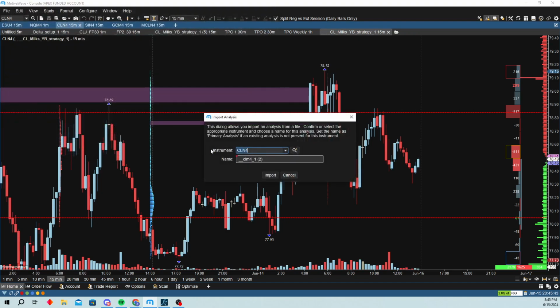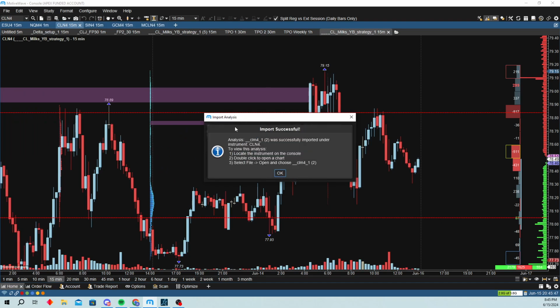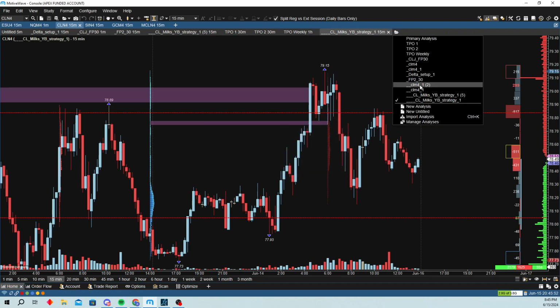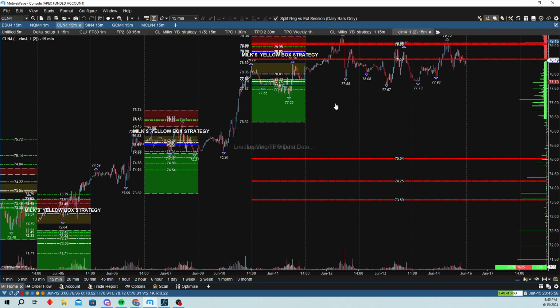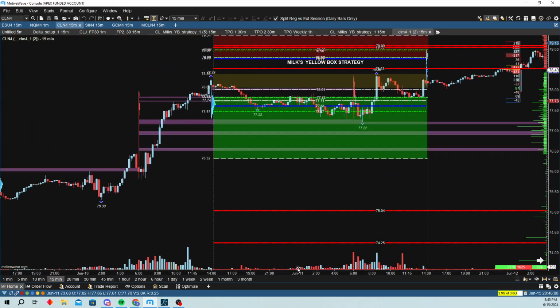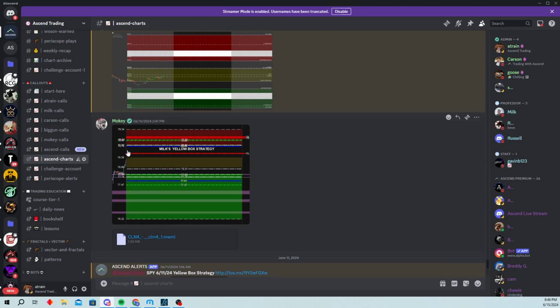It's going to have the name where you're importing it to, which is going to be CLN. Import successful. Then you'll just go back up here, find whatever you just did, which is the CLM4-1. And you can see here, it'll pull up, this is a chart from June 11th, which was when it was